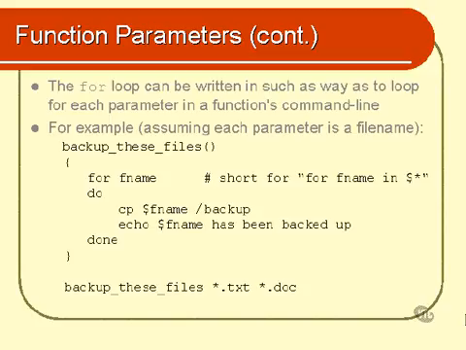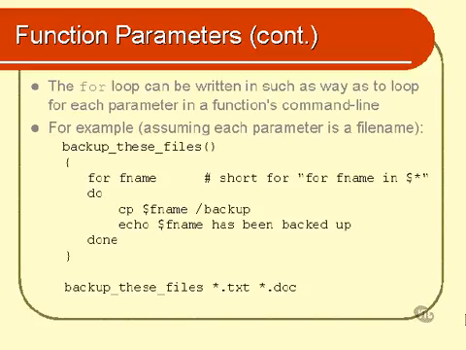Now, incidentally, how many parameters is backup these files actually getting? How many parameters are there on the command line? Well, the answer is surprising. It is not 2. If you said 2, you'd be mistaken. Well, it's not necessarily 2, I should say. Let's say there were 5 files in that directory that ended in .txt, and there were, let's say, 6 that ended in .doc. Then backup these files, the function would actually receive 11 parameters,